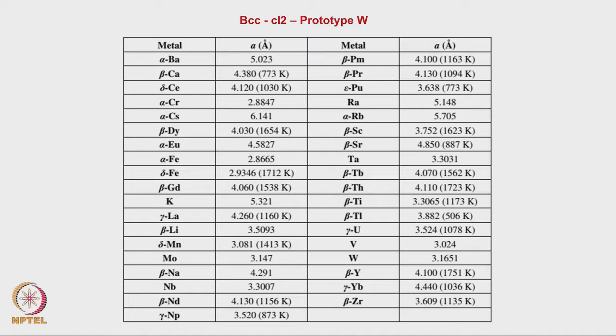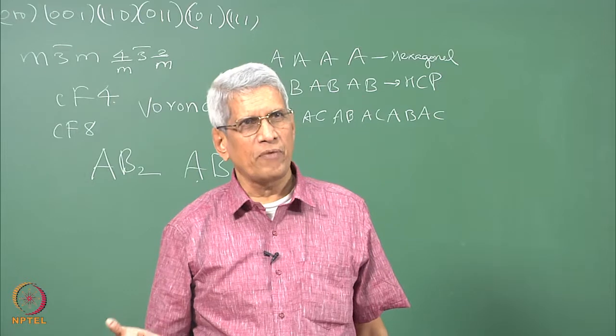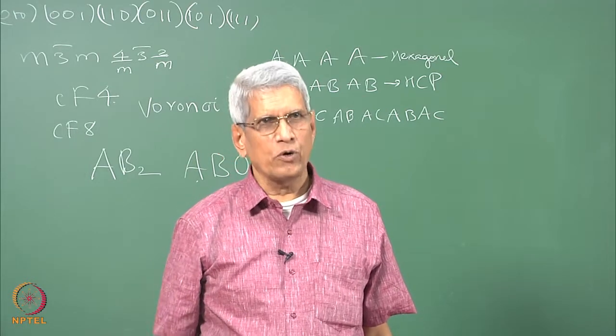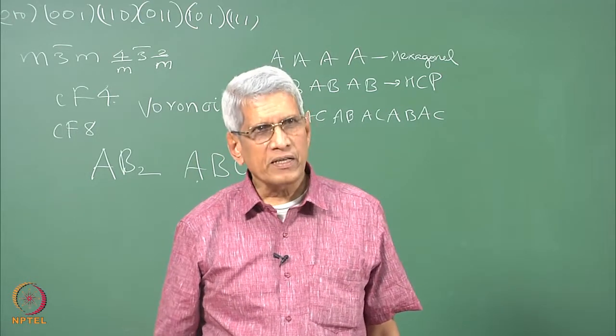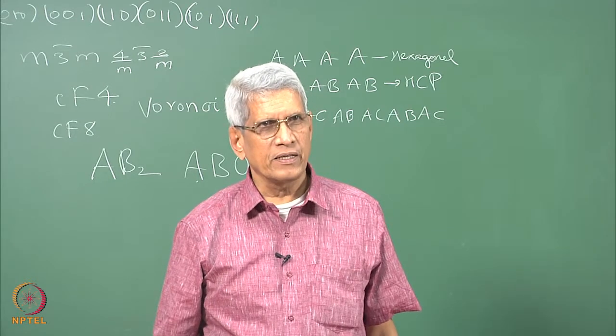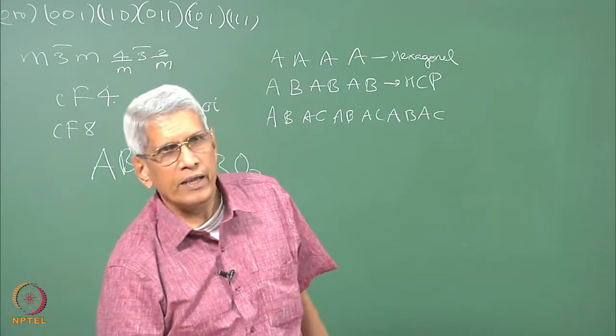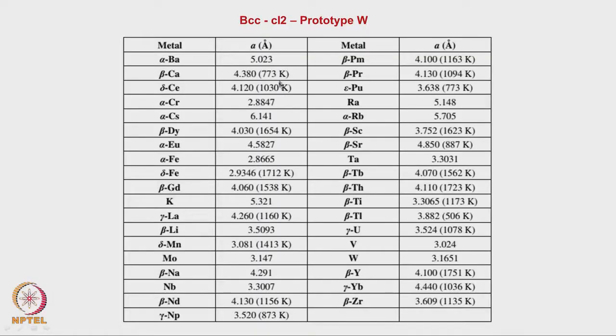Okay, we can construct different types of lattices, whether it could be an ionic type of compound, or alloys or intermetallic alloys, or it could be a covalent type of bond. Most of the metals, if you look at the periodic table, most of them form either FCC, BCC or HCP.